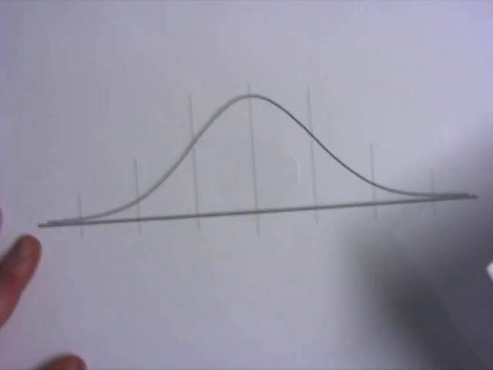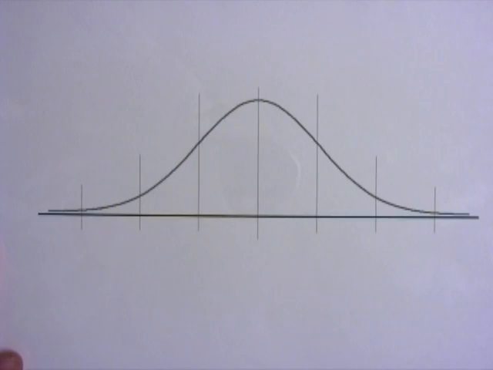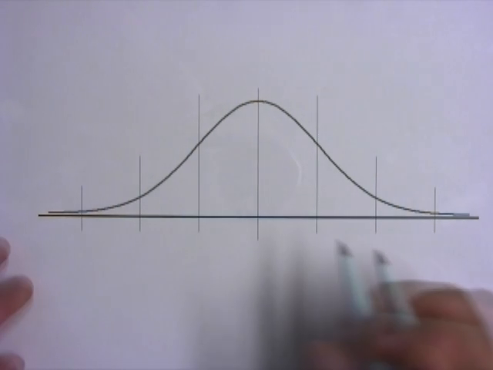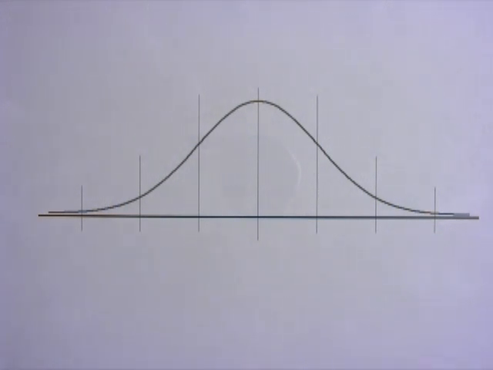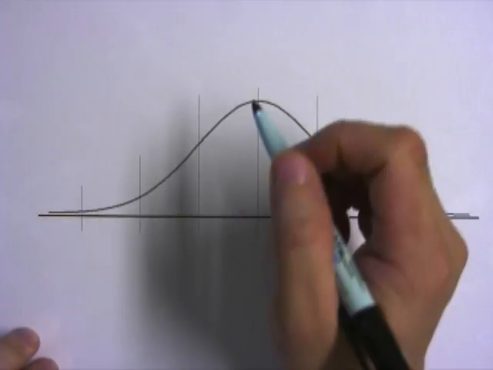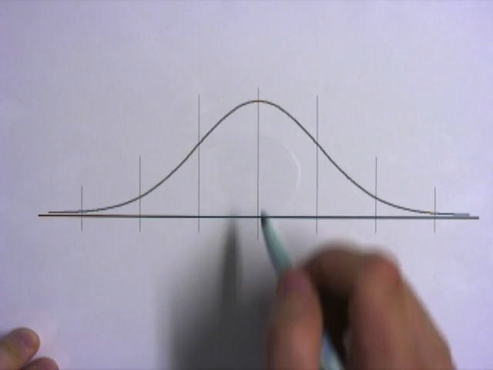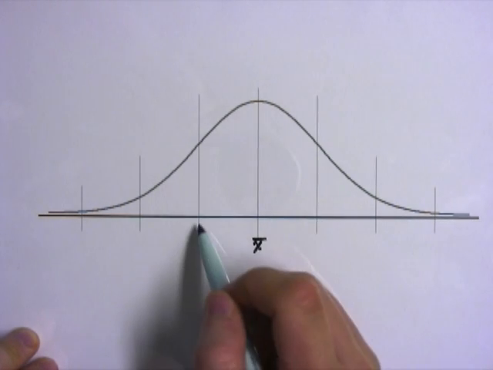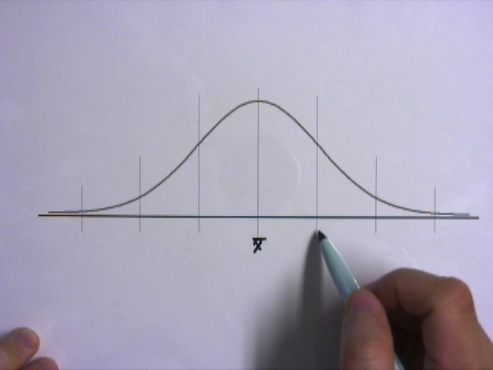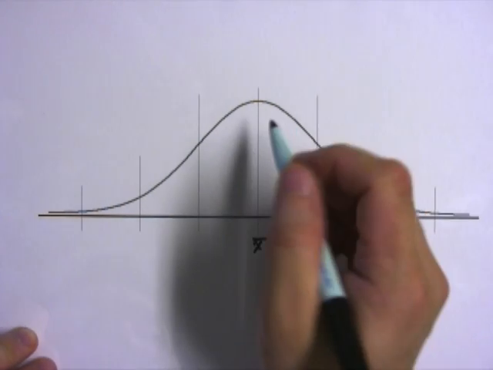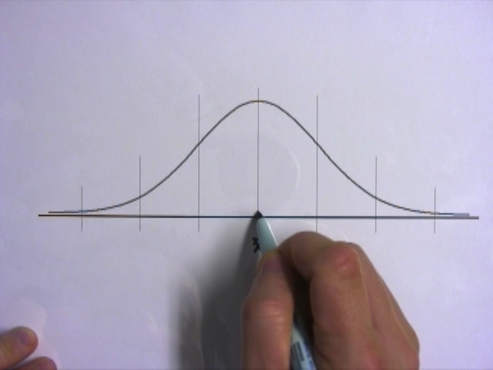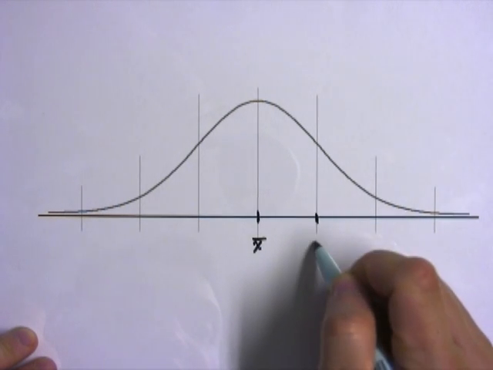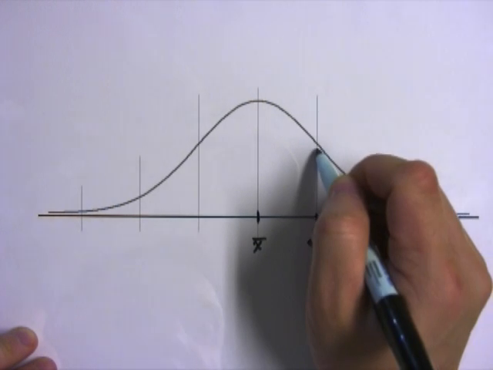So now, if you look into a little more detail about the empirical rules, here's a couple more things that we can directly imply from the empirical rules. Once again, let's take a look at a brand new normal distribution. The mean, once again, is right in the center. Now, instead of looking at the whole interval from 1 standard deviation below the mean up to 1 standard deviation above the mean, if you're looking at just the interval from the mean to 1 standard deviation above the mean, that interval itself right here